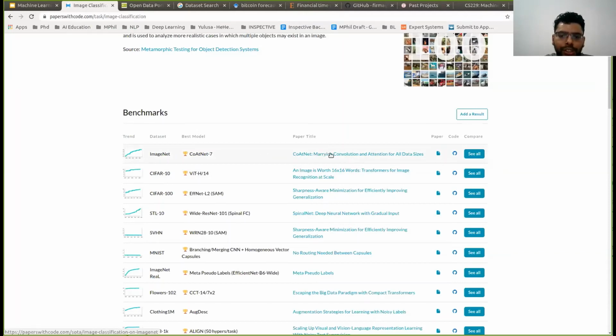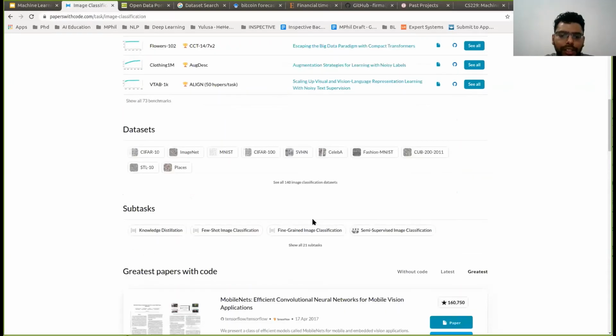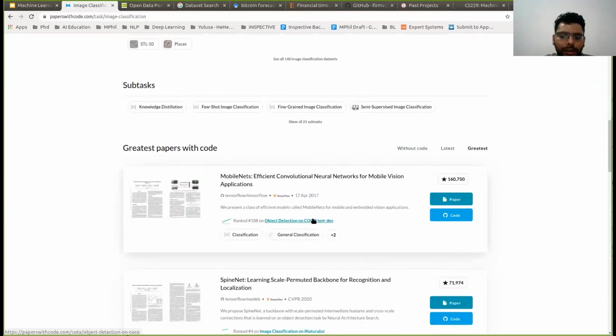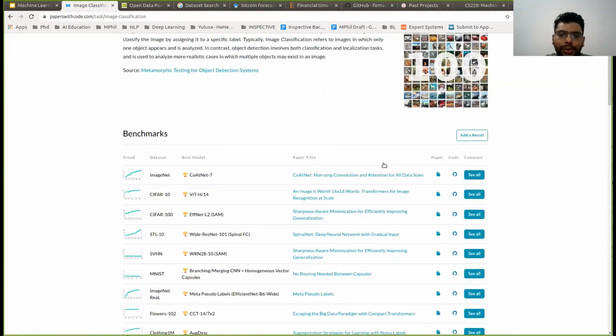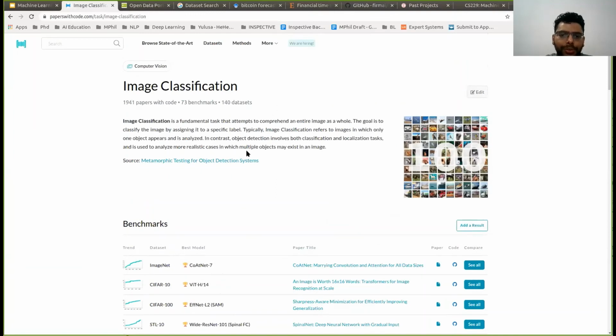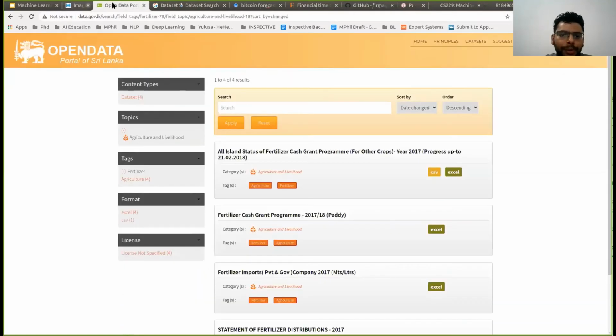This is the most state of the art paper, this is another, and so on. So you can see papers and what is trending in that particular application, and whether the code is available as well. This is also a good place to explore for papers and for coding implementations.